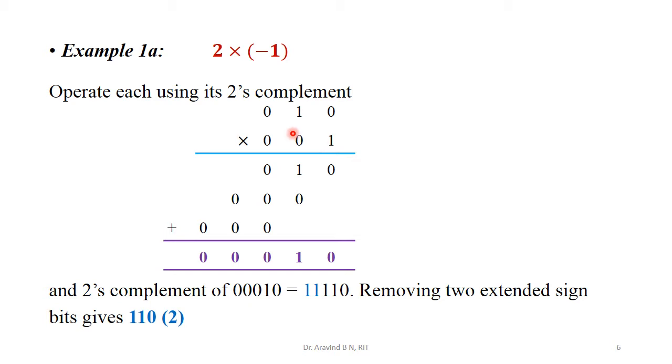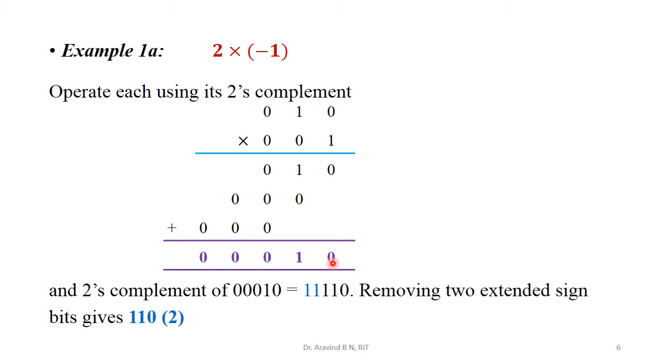So multiply these two representations. Now, 1 multiplied with all these three, we get the same 0, 1, 0. 0 multiplied with all these three, 0, 0, 0. This 0 multiplied with all these three binary bits, 0, 0, 0 we are going to have. Add them together, so we are going to get this as the answer.